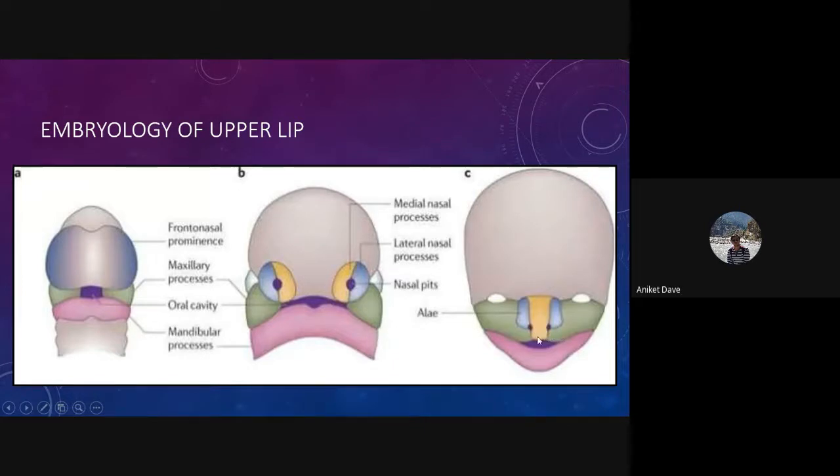So the medial nasal process is forming the philtrum of the upper lip, whereas the rest of the upper lip is being formed by the maxillary process. If due to some congenital defect there's lack of fusion, if these don't fuse together, then that is what gives rise to a cleft lip. And if it doesn't fuse on both sides, it would give rise to a bilateral cleft lip.